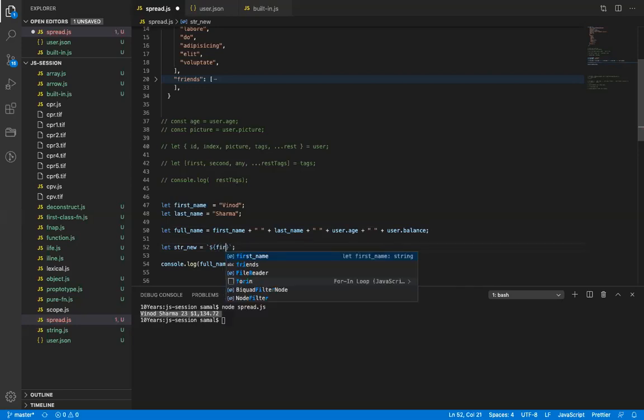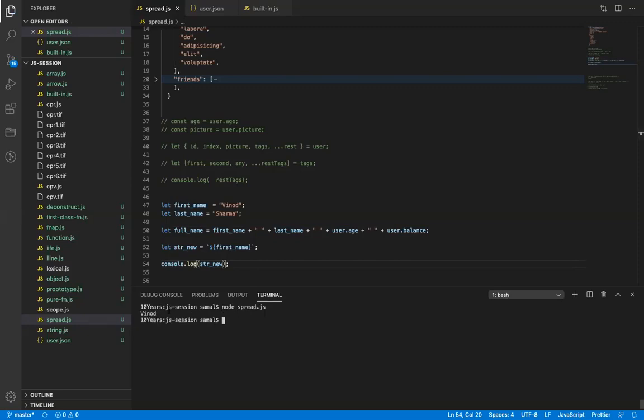So if I now use the first name, it will print the string name. It basically printed the first name. Now I just have to give the space, dollar, last name. There is no plus I have to use.